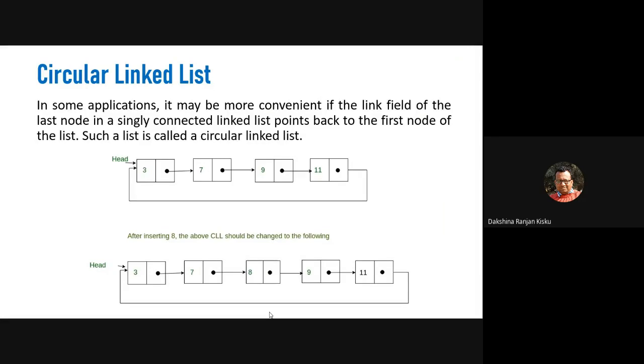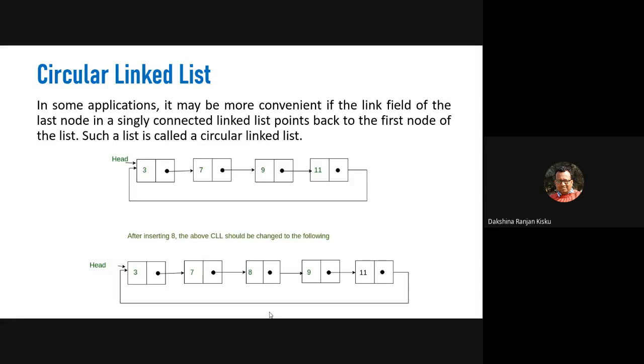The next linked list is the circular linked list. What is a circular linked list? In a circular linked list, the link part of the last node in a singly linked list points back to the first node of the list, and such a list is called a circular linked list. Here you can see that we have four nodes in a linked list, and the link part of the pointer of the last node points back to the first node.